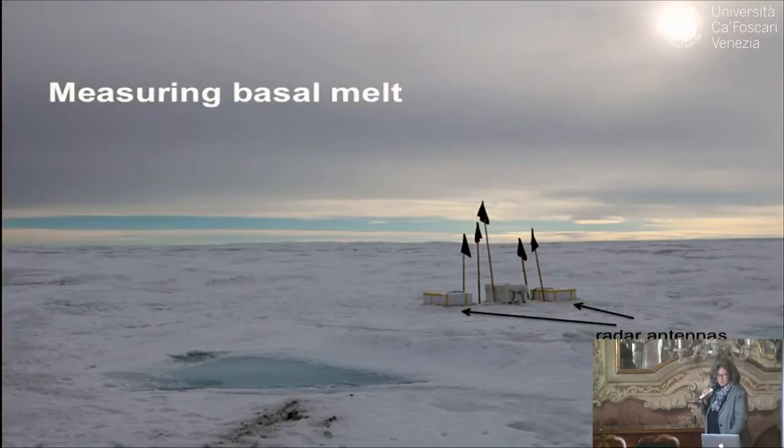So I jump over these two. So how do you measure basal melt? It's also a radar technique. You are measuring the base of the ice sheet or the floating part of the ice, and you do that over time. And as the change in thickness is so small, you cannot use the amplitude, but you measure the phase of the signal, and with that you can have a resolution of millimeters per year. So this is how you do that, and that's how it looks like.